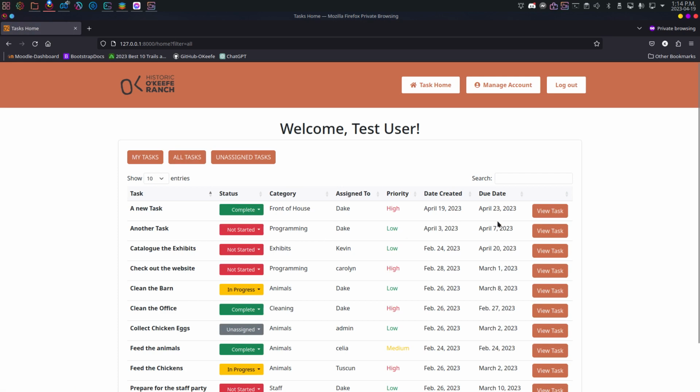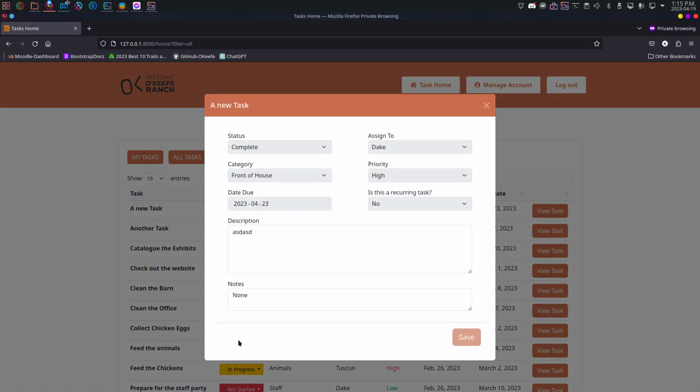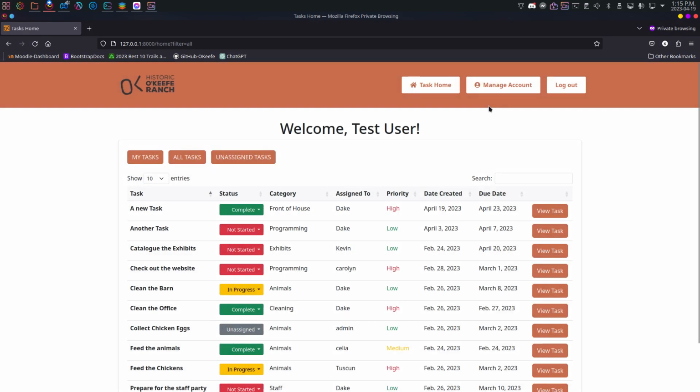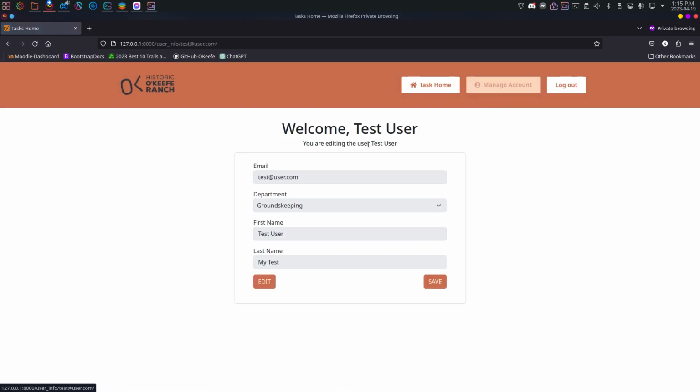Now, if a user is not assigned to a task, they'll not be able to edit the task. So now if this user tries to click on a new task and views it, you can see that the delete and edit buttons are gone because this user does not have access to this task since it's not assigned to them. Likewise, if they go to manage account, they can only edit themselves. They do not have any privileges to view any of the other accounts. They can also not change the password. They can't delete the account, and they can't set admin privileges to the account, but they can still edit their information